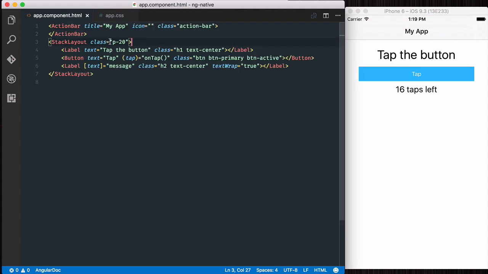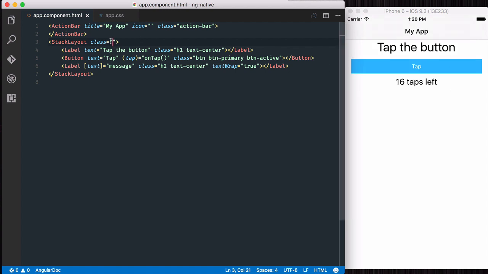In our view template right off the bat, you'll see some classes here just to give you a hint. P20, if we remove that, is what's actually providing the padding around this main view here. There are padding and margin classes that range from 0 up to 30, going by 5 increments. So we could say P5, and that would actually give us a padding of 5. We could also use margin and 20, and that will give us a margin of 20